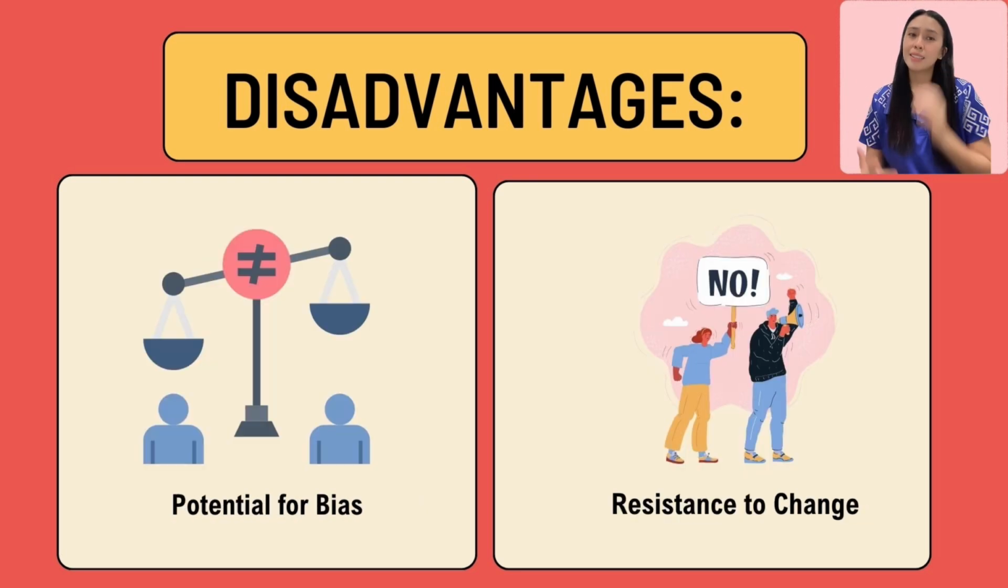Now, aside from it being time-consuming and the data collection being quite difficult to achieve, there is also a potential for bias, because sometimes the data collected may be influenced by biases of the researchers, participants, or the data collection themselves. And also, there will sometimes be a resistance to change because identifying the areas of improvement can